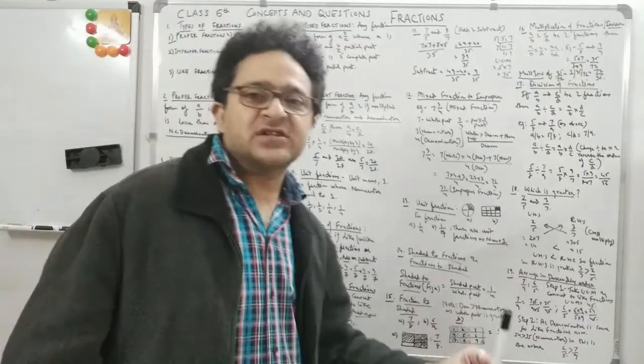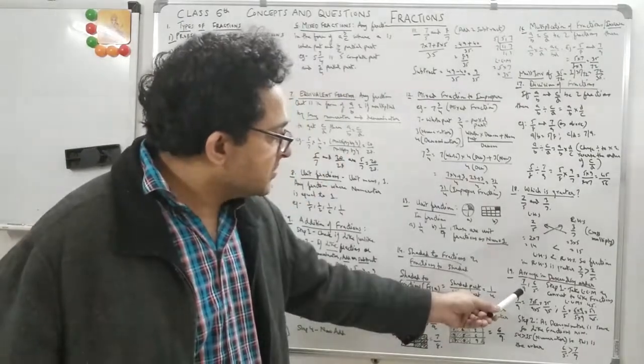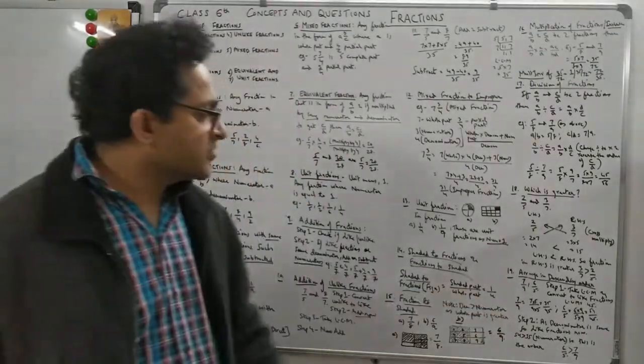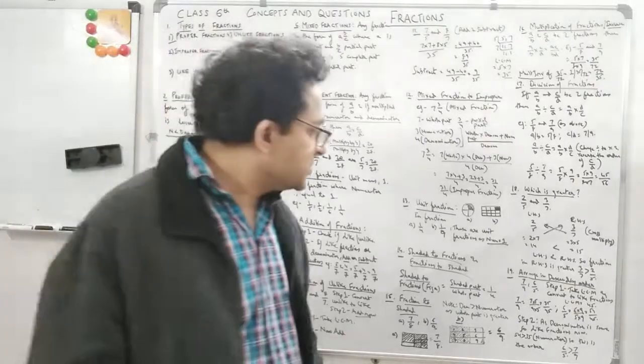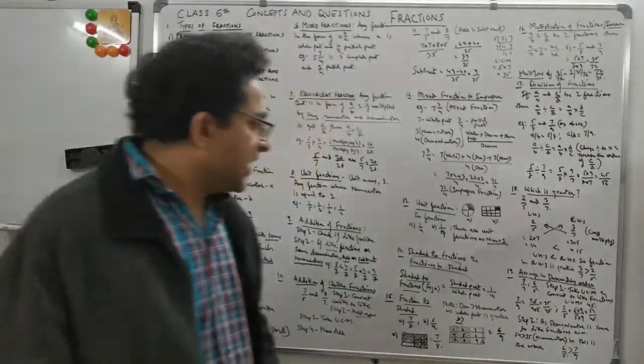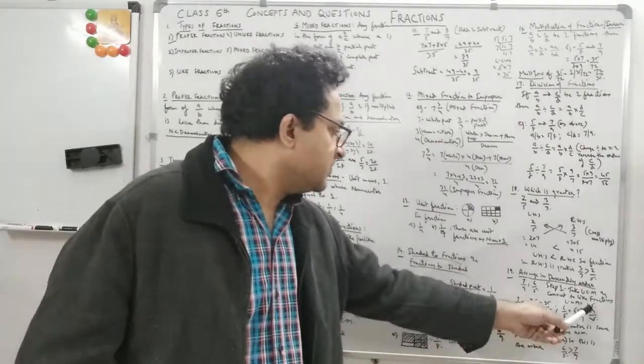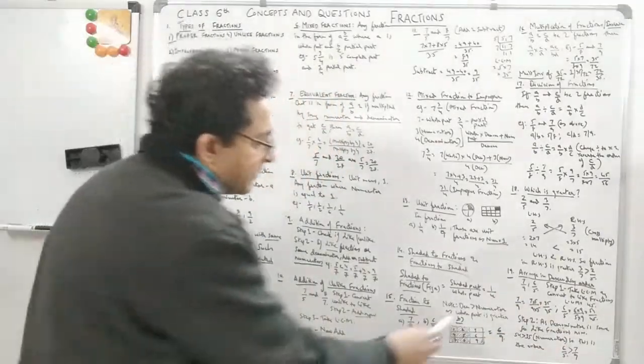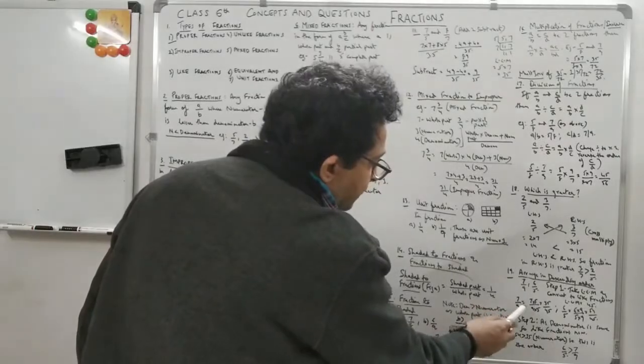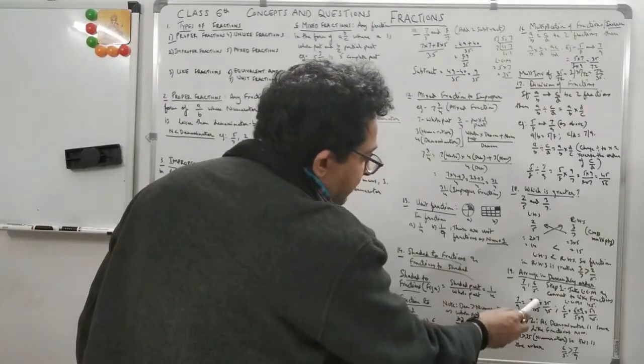I have taken 2 fractions here. Unlike fractions, because they have different denominators. So first we will convert to like fractions. So it means we will take LCM and convert to like fractions. So LCM of 9 and 5 is 45. I have mentioned over here 45. So which means 7 by 9 can be written as 9 into 5 is 45. And same way 7 into 5 is 35.